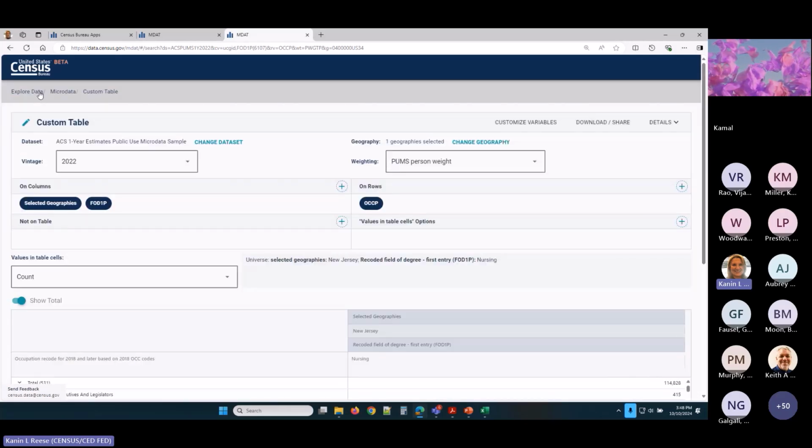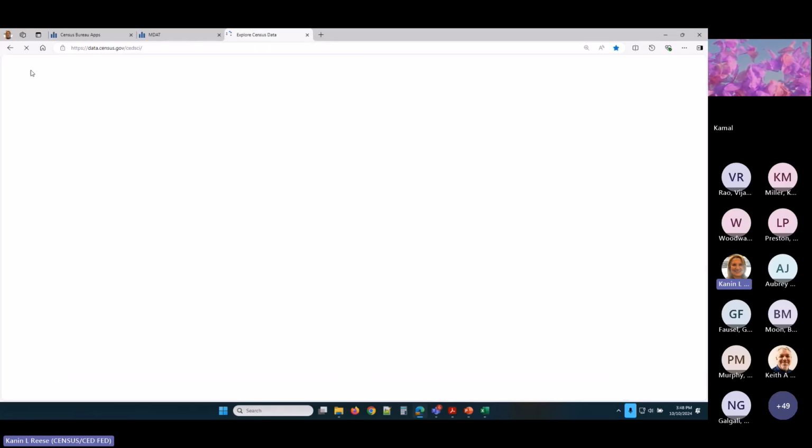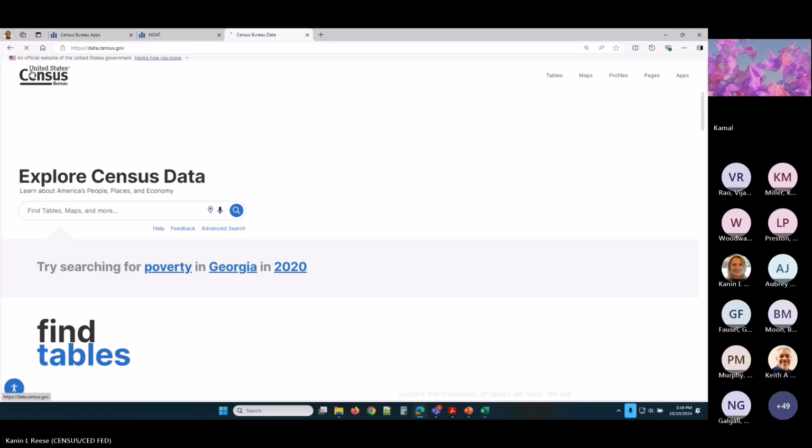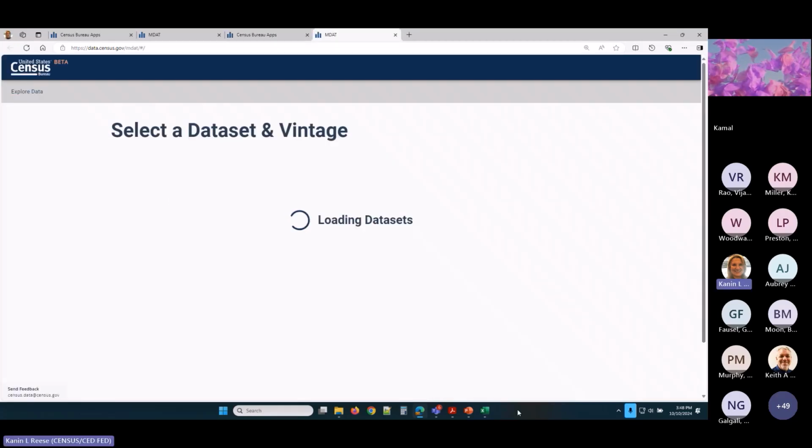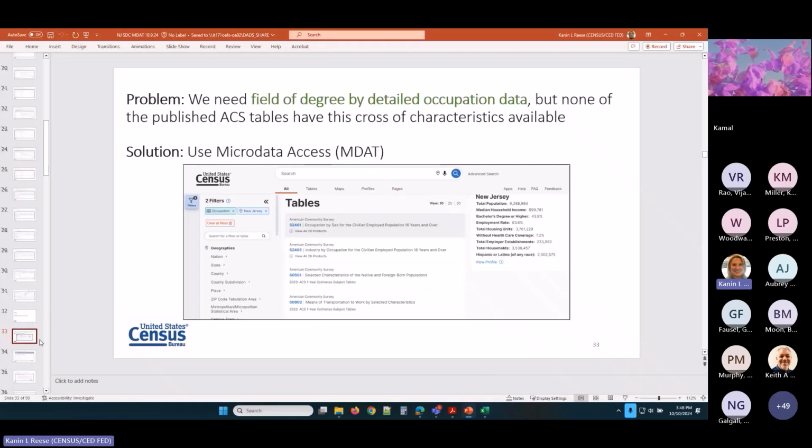All right, I'm going to go to the next one. I'm going to clear this out. I can actually just clear this logo the same way, and it'll take me back to data.census.gov. And go to the apps and click on microdata. All right, now the next one